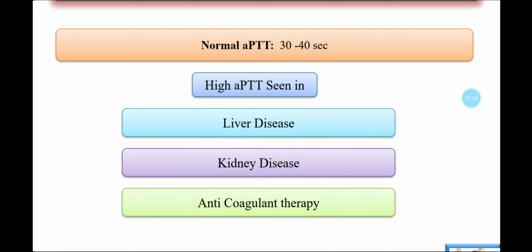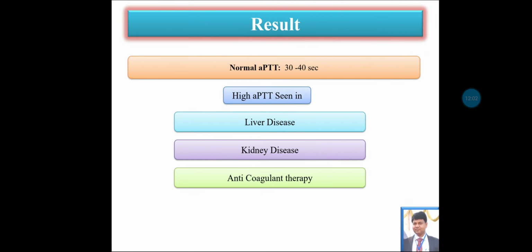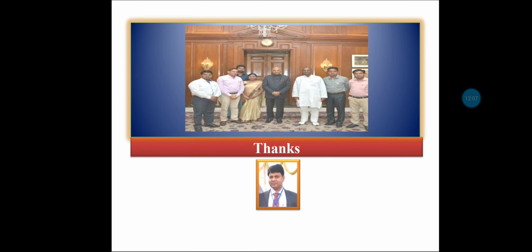Apart from this, in kidney disease, especially in nephrotic syndrome, a lot of protein leaks out in the urine, and this is called massive proteinuria. In this, a lot of coagulation factors also leak out, and this results in a deficiency of these factors, which can be assessed by APTT as well. So activated partial thromboplastin time is also increased in this condition. And third is anticoagulant therapy. Usually warfarin is used for anticoagulant therapy, and this also results in a deficiency of the coagulation factors. I hope this video will be useful for you.